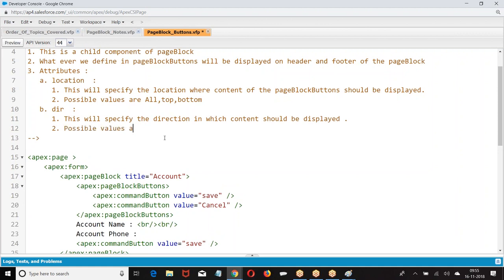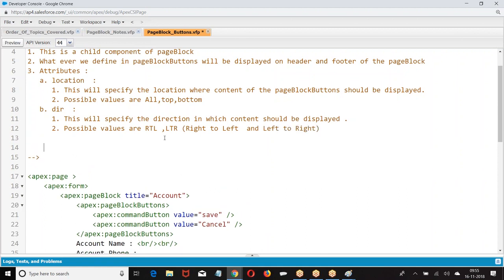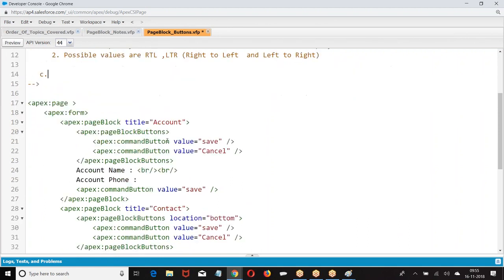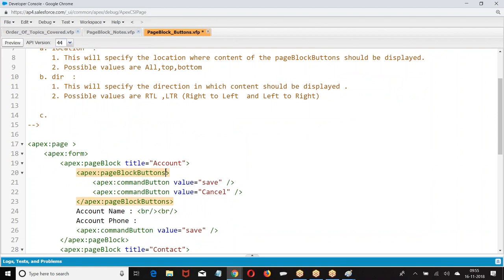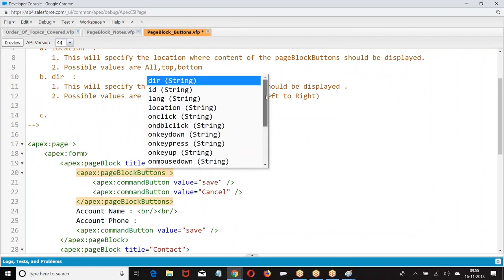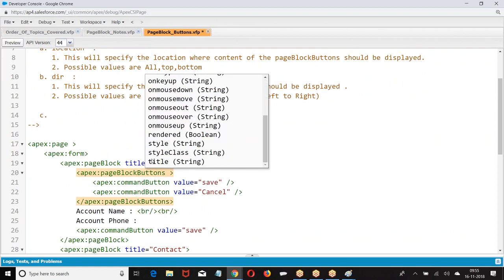Possible values are right to left. So what else we had in this? We can also go with rendered. That's a common attribute.